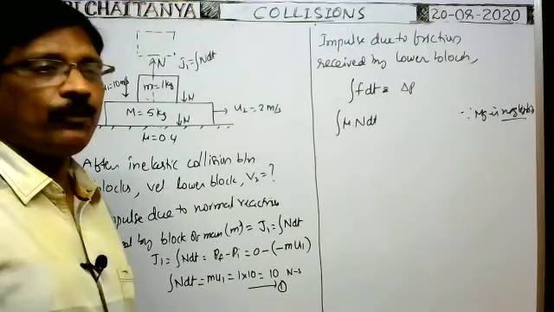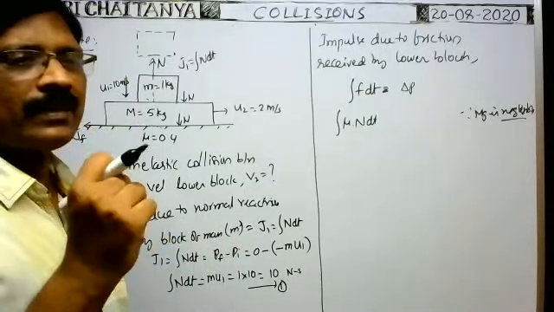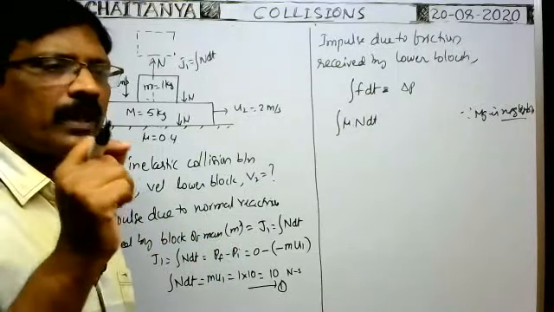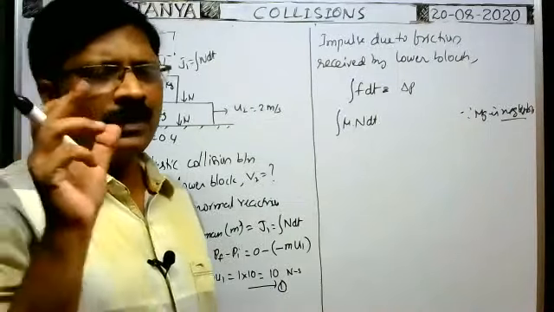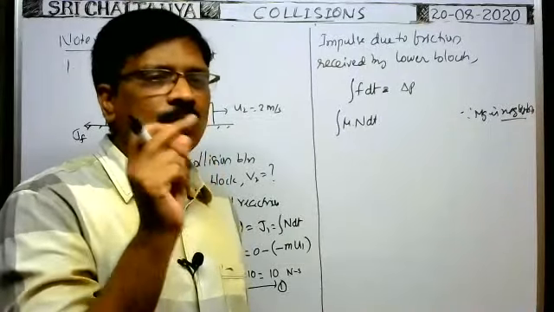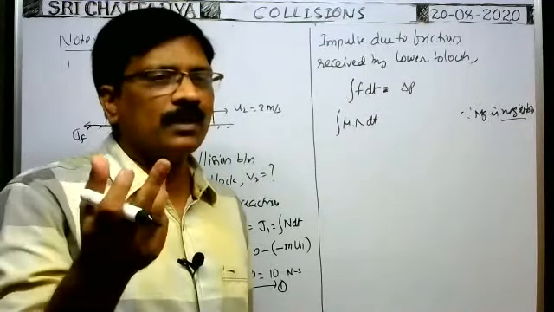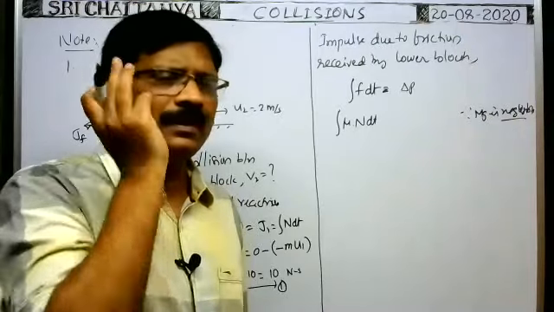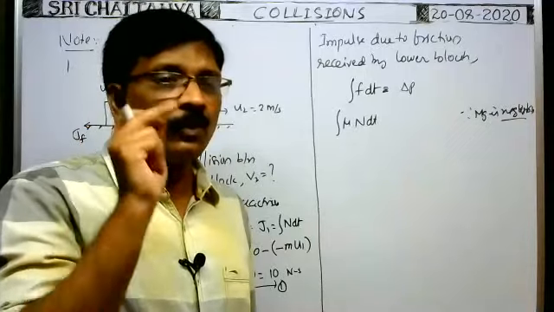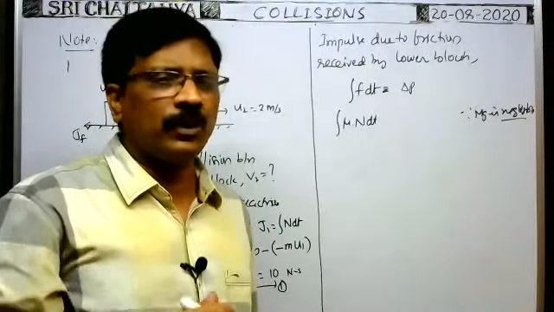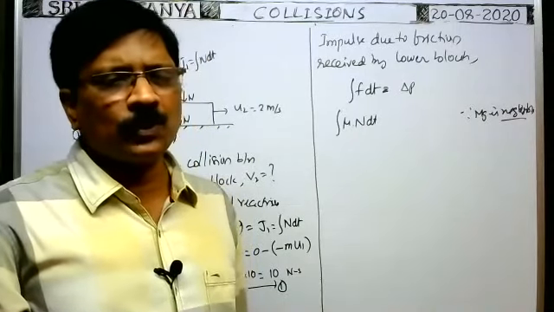Whenever the collision takes place, at that time the force exerted by one body on the other body is very, very large. Just imagine, when a cricket ball, a strong rigid ball, is thrown against you, it injures the body more. If the same ball is kept like this, it does not injure, because the impulse received by our body during collision is very large compared with the weight of the body. That's why the impulse due to weight can be neglected when compared with the impulse due to collision.